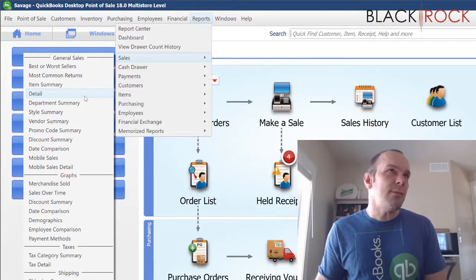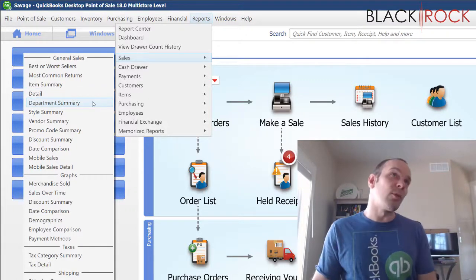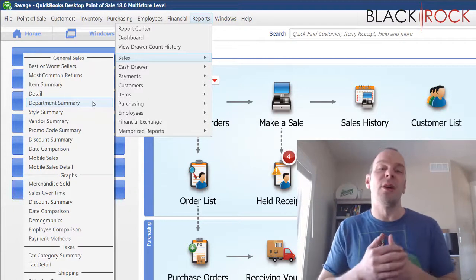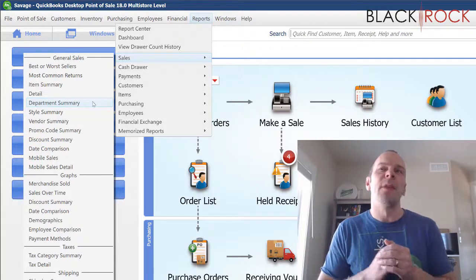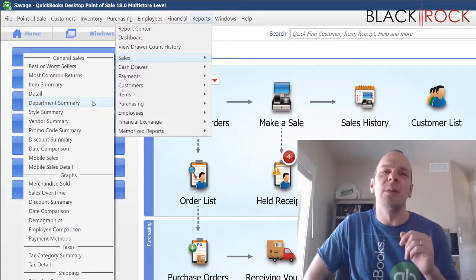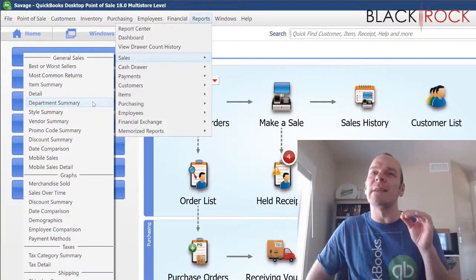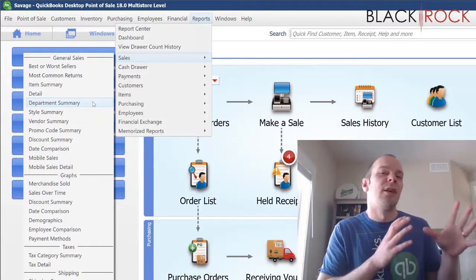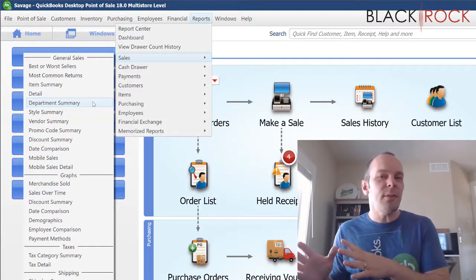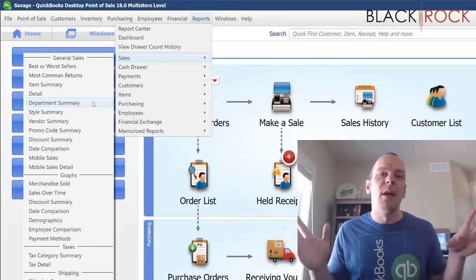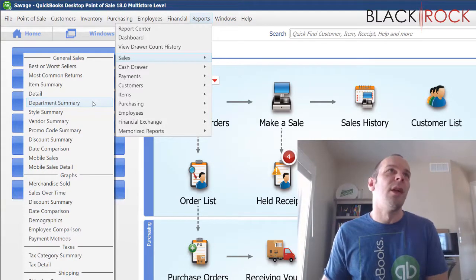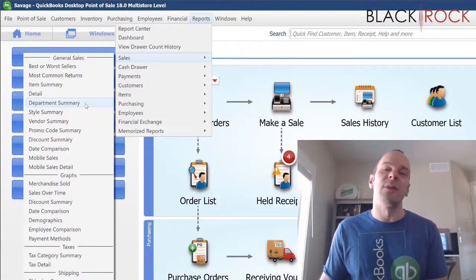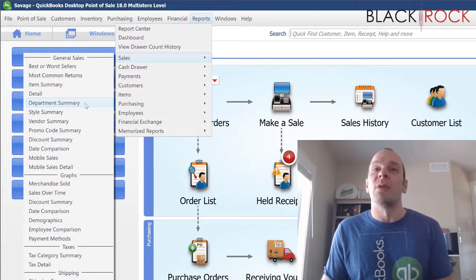Now, you can do department summary for sales, and that'll help you to see the totals per department. And this is why when I talk about building out your departments, I'm like, you don't want to get too granular, or it'll be hard to compare to each other. But you also don't want to be too broad where there's all sorts of different types of items in the same department. This department summary of sales will give you a great report on total quantities and total dollars sold